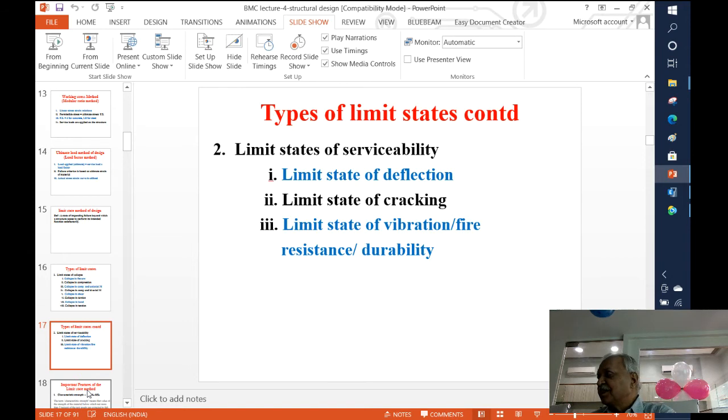Otherwise, in our normal design process, what we do is we say that concrete below the neutral axis, we assume that it is cracked, so I am not bothered about it. Its strength is not taken into account. But if there is excessive cracking, then in working stress method we say that it is neglected, that is not considered at all. But is it acceptable? The cracks which are occurring, are they acceptable? So in working stress method, that is not a criteria at all. While here in limit state method, we say that that is a criteria. I want to calculate what is the crack width and limit the crack width to a specified value.